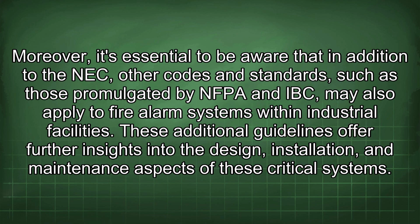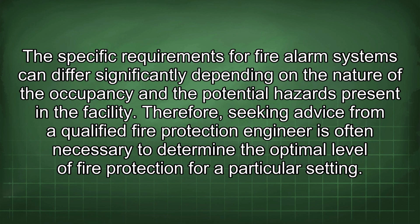Moreover, it's essential to be aware that in addition to the NEC, other codes and standards, such as those promulgated by NFPA and IBC, may also apply to fire alarm systems within industrial facilities. These additional guidelines offer further insights into the design, installation, and maintenance aspects of these critical systems. The specific requirements for fire alarm systems can differ significantly depending on the nature of the occupancy and the potential hazards present in the facility. Therefore, seeking advice from a qualified fire protection engineer is often necessary to determine the optimal level of fire protection